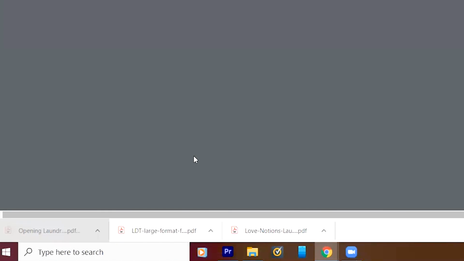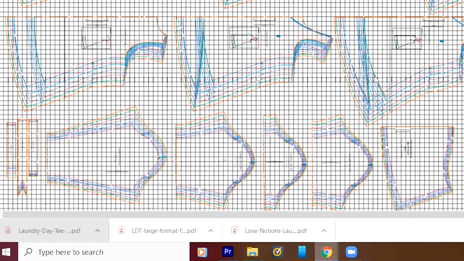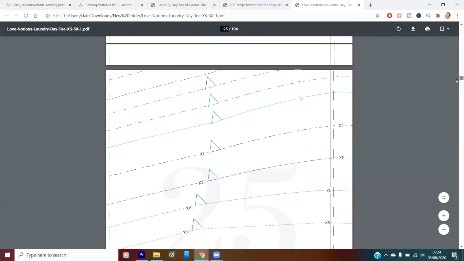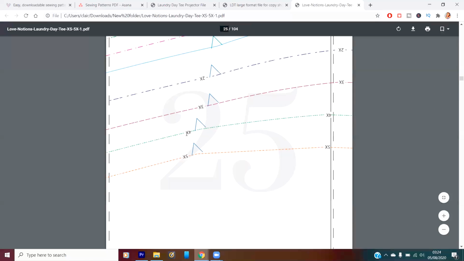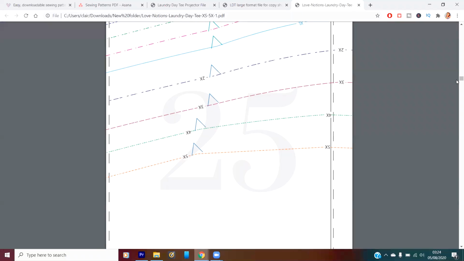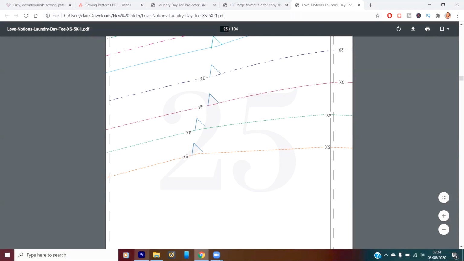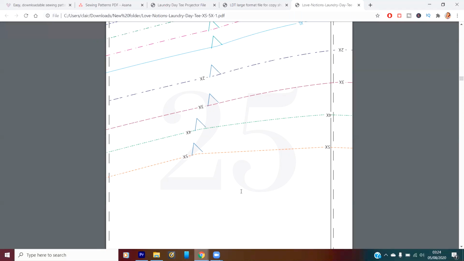Because, let me show you, it just opens up a browser page. If you see here, you've got all the sizes and you want to be able to turn some of them off. Now, Love Notions does have layers, but you have to do it in Adobe. So let's do that. What you want to do, if you've already got Adobe installed on your computer, you are